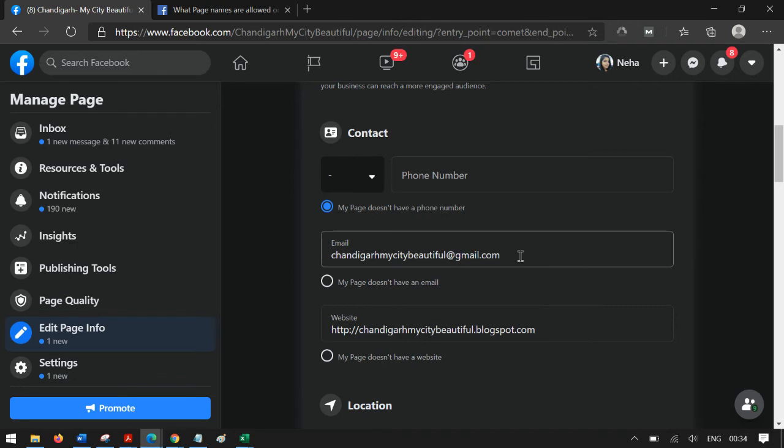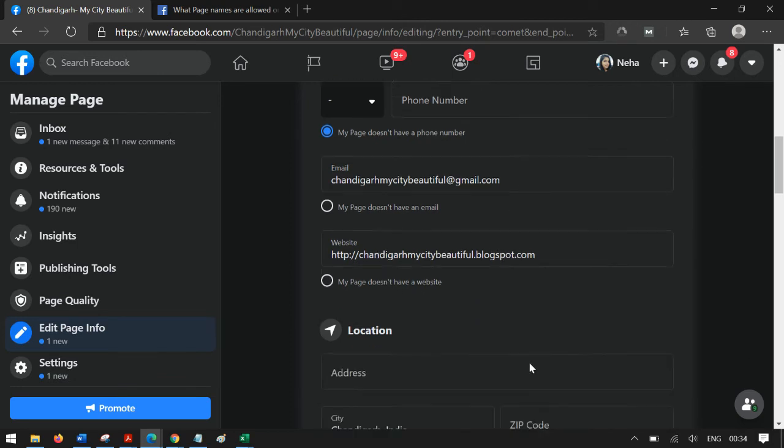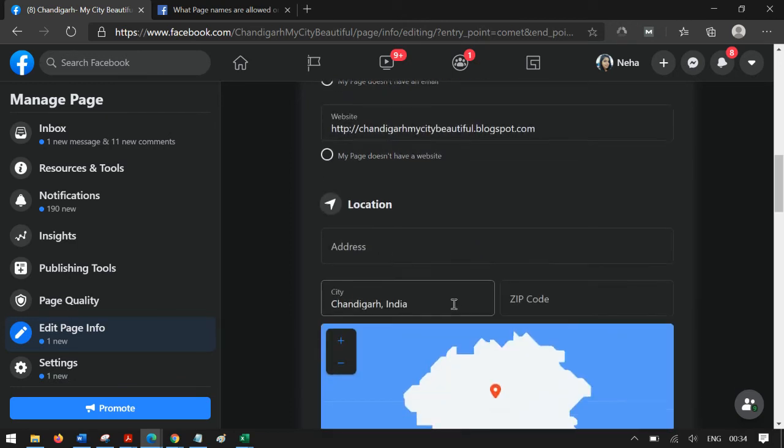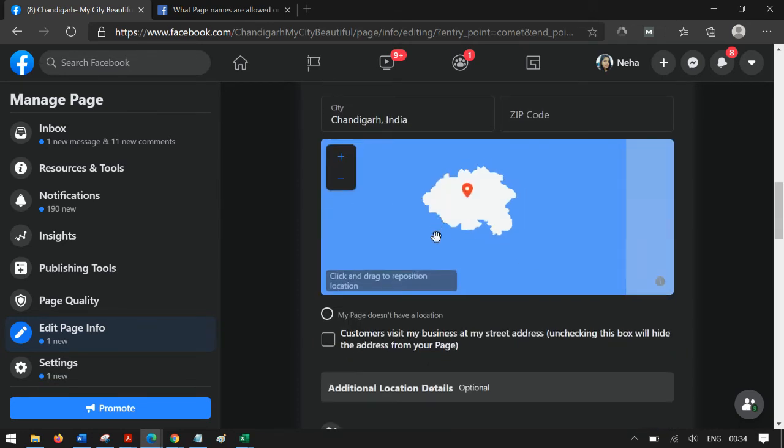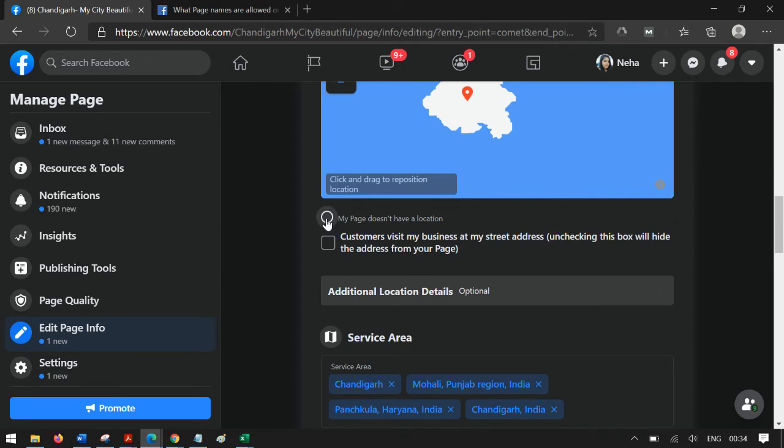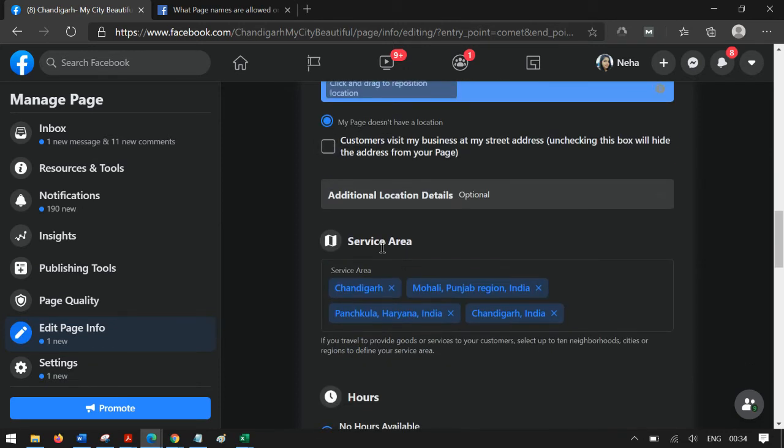If I have any email ID, I can put that. If I have any website or a blog, I can put that. I can also put an exact address if it is a local business. If my page doesn't have any location, I can just simply do this. And then the service area, if you're a business and you are serving certain particular areas, you can define that.